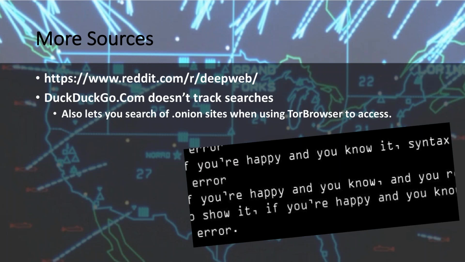There's another tool, a search engine called DuckDuckGo, which, when you're using it on the normal web, without a private VPN or without Tor, allows you to search without being tracked. Google tracks everything you do while you use Google. It's why it's free. They make money off of what you do. But using DuckDuckGo, it doesn't track any of that, or so they say. And if you're using DuckDuckGo while you're on Tor, it'll also help you search those onion sites.